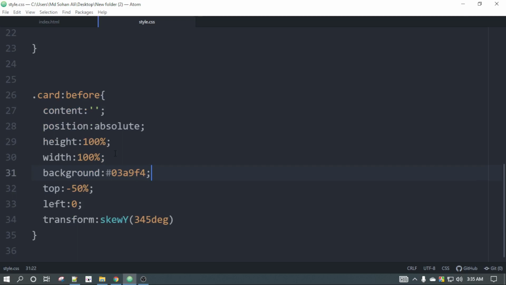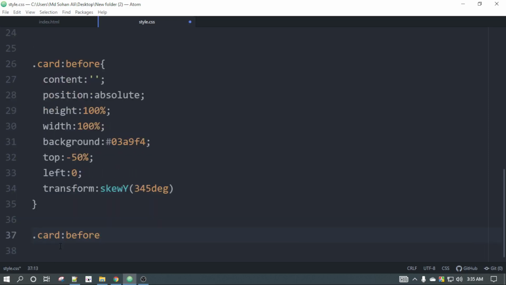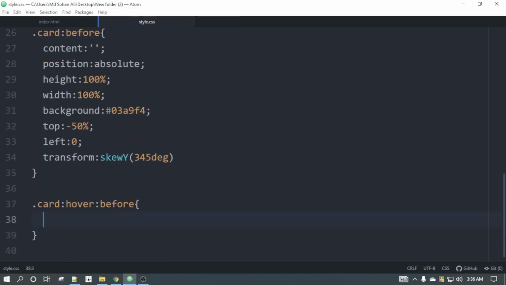Then we'll create, copy this name and paste here. We'll say when I hover the card, so here hover, then